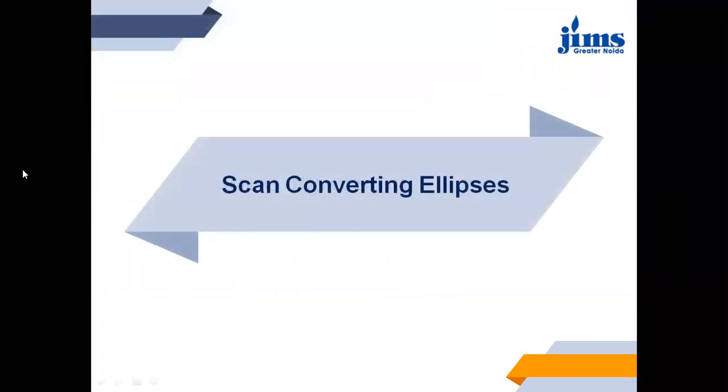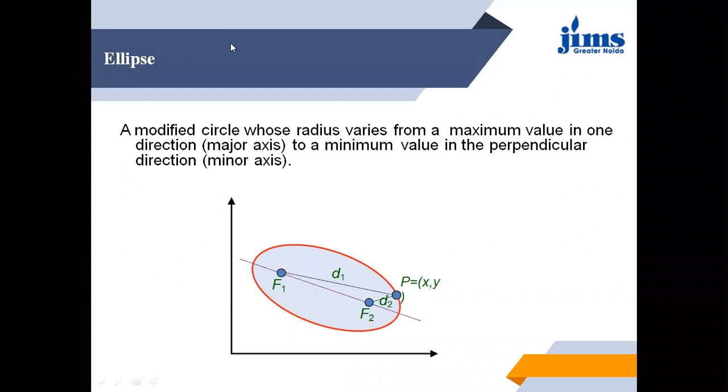So, the scan conversion for ellipse. Ellipse is a special form of circle. What happens when there is a circle? A circle has equidistance from all the axes. We can explain this like this. Okay, it's looking like the circle. Suppose the radius of the circle is r, then